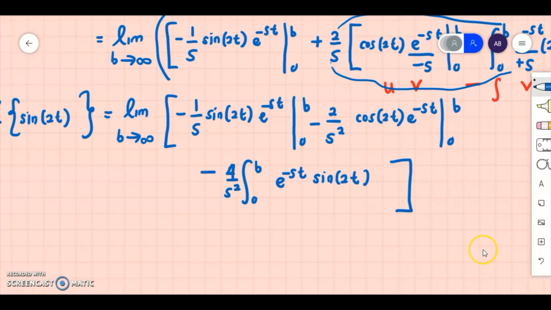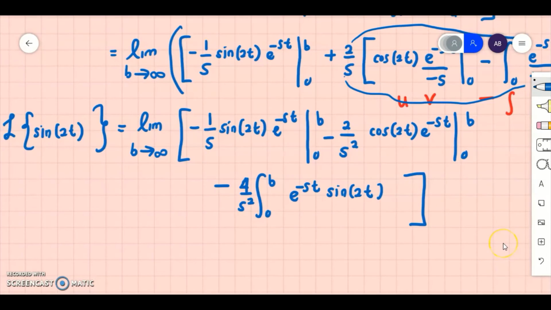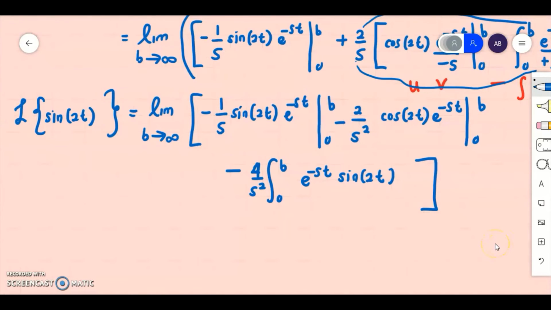Hey, where can this lead to? Okay, where can this lead to? If you look at here, are we going to apply integration by parts again? This problem will never be solved if you keep integrating by parts. But what we can see here, earlier on, this definition we wrote like this. Laplace of sine 2t is, by the definition, 0 to infinity, exponent negative st, sine 2t, right? Which is equal to this,